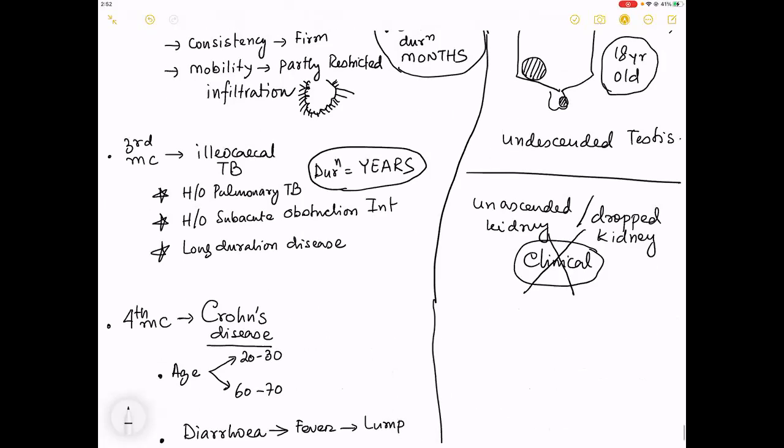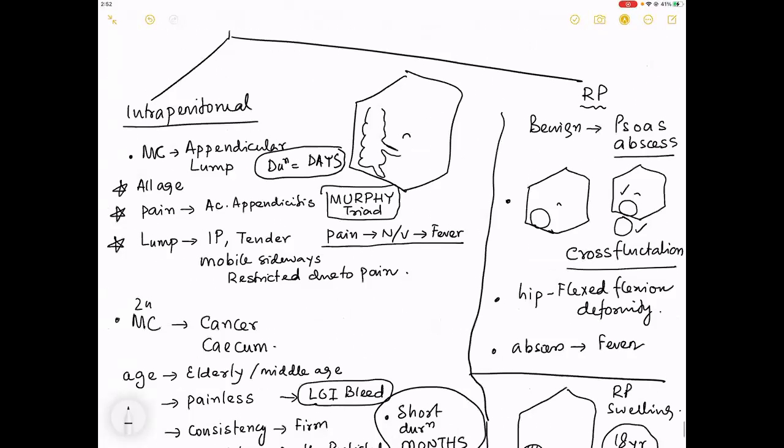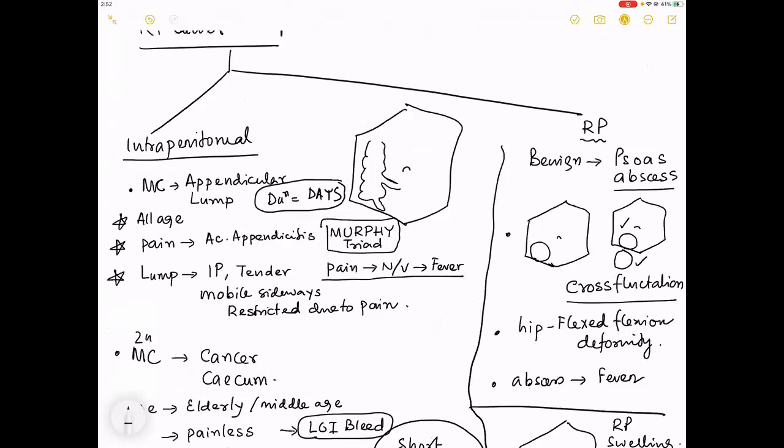Okay. Can you name any case of a malignant retroperitoneal swelling in this area? Very good. Retroperitoneal sarcoma. Among benign causes, it will be an appendicular lump if there is a retrocecal position of the appendix. Yes, it will be the same thing, sir. For all appendicular lumps, it is the same story.